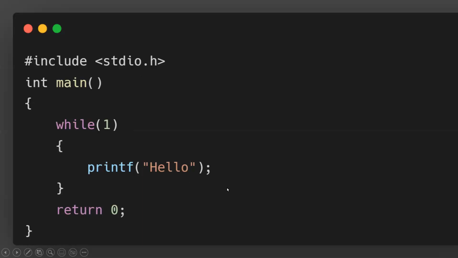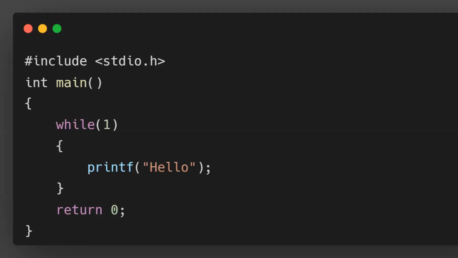So please remember, in a program, there are situations where you will wantedly create an infinite loop. That is, wantedly you will specify the condition as true. But then it becomes the programmer's responsibility to break out of the loop. So you have to ensure that the program is properly getting terminated and it is able to come out of the loop.